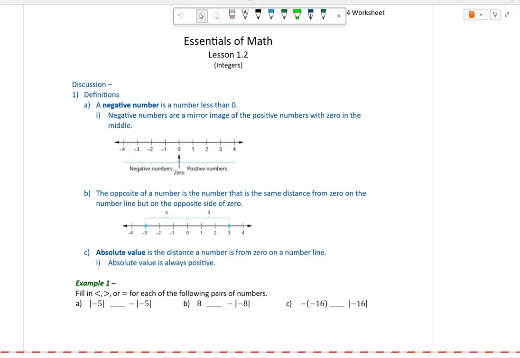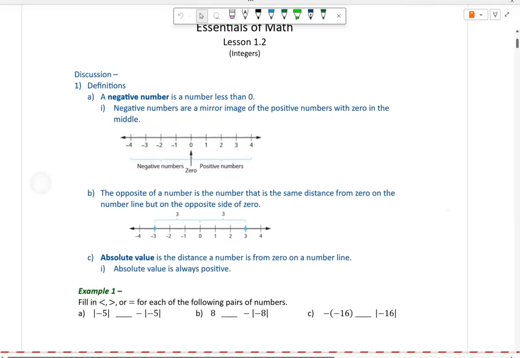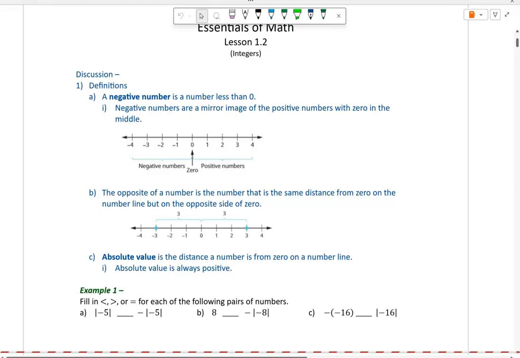If you think of a number line like we see here, 0 is just kind of the dead center of a number line. And they're mirror images. If you took that number line and folded it on 0, negative 1 and 1 would line up, negative 2 and 2. It's just one side's negative, one side's positive. And so the negatives are opposite of the positives, right? So